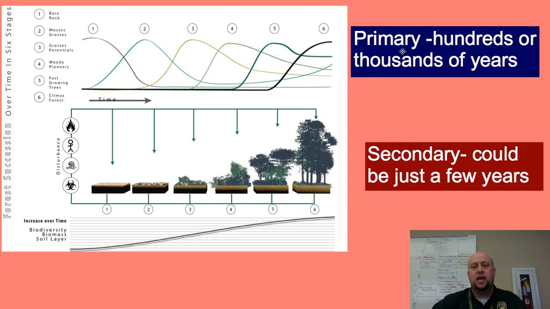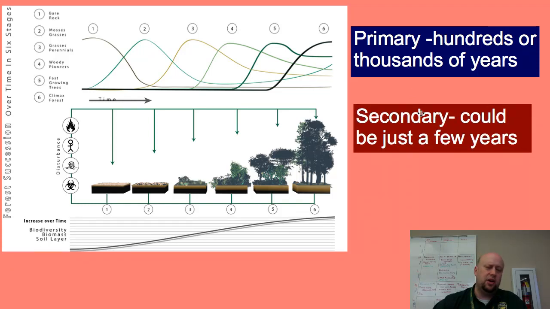Primary succession in particular takes hundreds of thousands of years. We talked about secondary could be 5, 6, 10, 20 years. But primary succession will take hundreds of thousands of years. And I'm going to just real briefly run us through the progress of a succession,